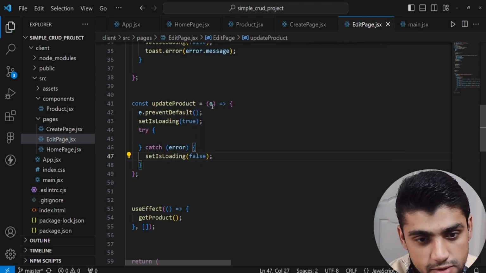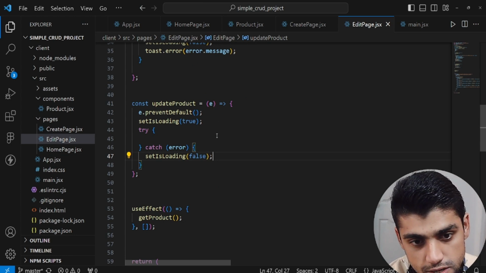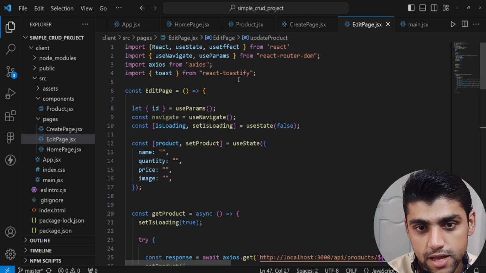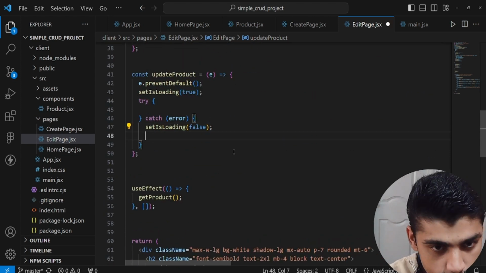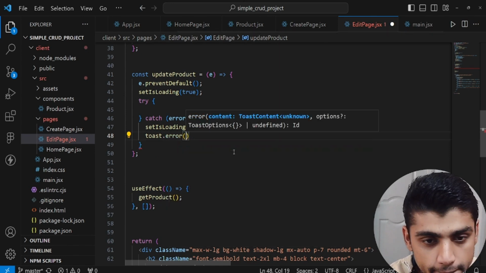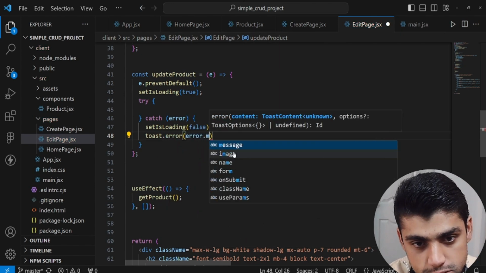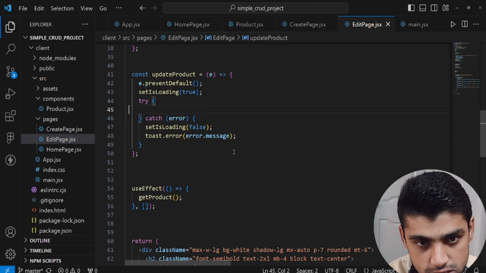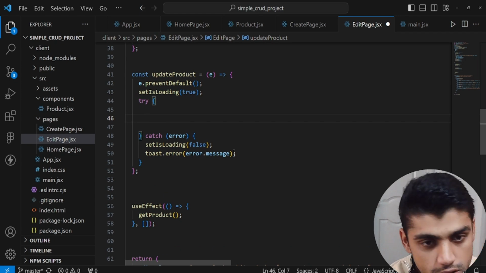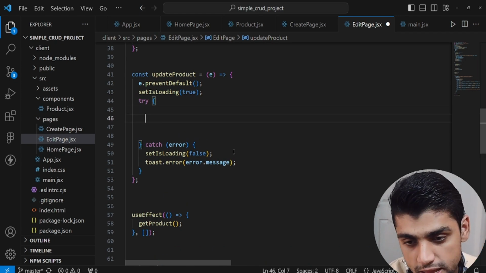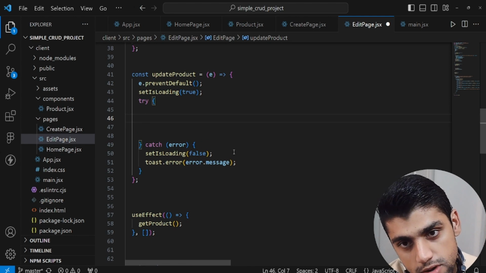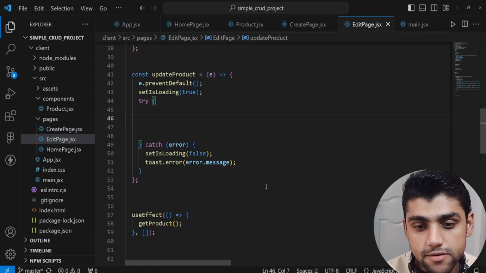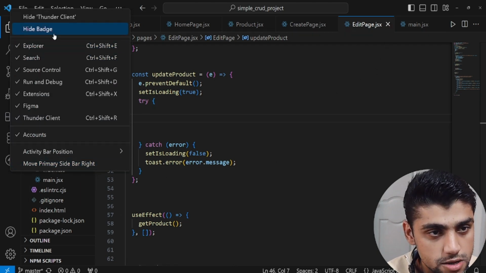Okay, and we could also have a toast message indicating that there was an error. So right now we have toast already imported, so we could just add a message saying toast.error(error.message), like that. Up here on the try block, we could set isLoading to true, and then we could have the Axios code to actually call the API. Which API am I talking about? I'm talking about the put API that allows us to edit, if you were back in here, open